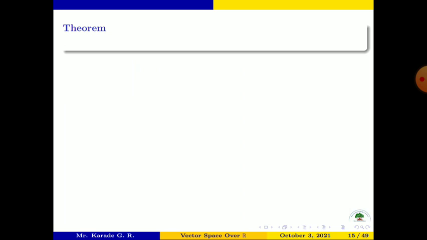Let us go to the next elementary property of a vector space. For a vector space V with addition and scalar multiplication, p into 0 is equal to 0 for every p belongs to R. Now here p is a scalar in R, 0 is a vector, and what we get on the right hand side is the zero vector for every p belongs to R, for every scalar. That is also very simple to prove.